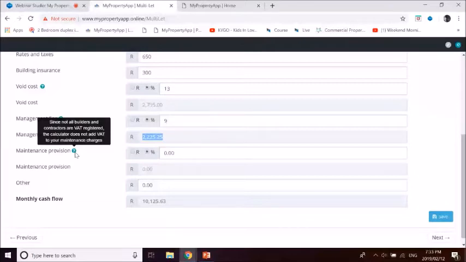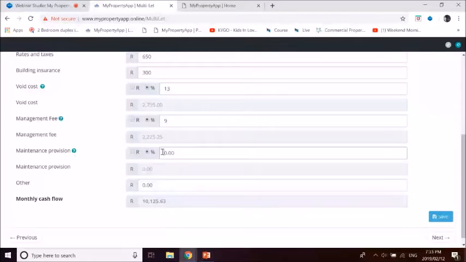One of the things that we wanted to add as well is a few scenarios. Sometimes it's great that a deal makes financial sense, but what if the interest rate goes up? What if the refurbs are a lot more expensive than we expected? What if the rent we're expecting to get is also less? So that's what the scenario tab is about. The scenario is telling you if the rental income had to change in any way, how would it affect your deal? If your bond interest rate had to change, if your purchase price had to change, or if your refurbishments had to change.